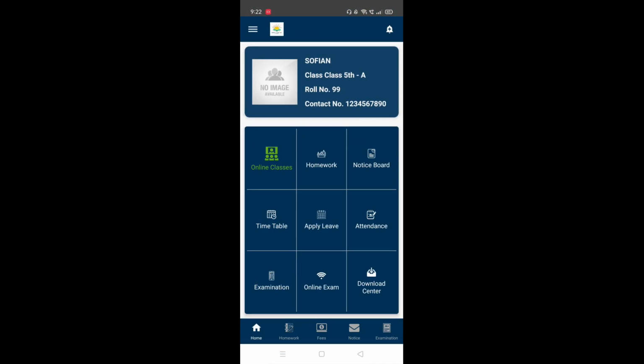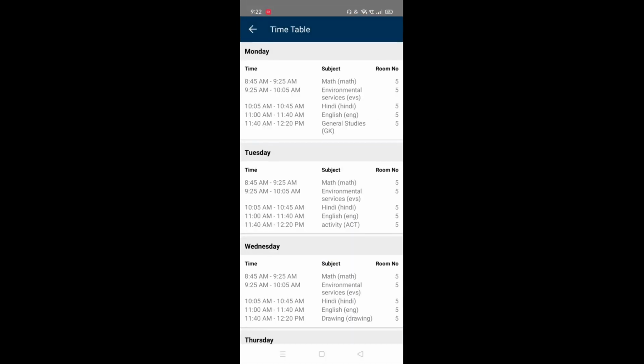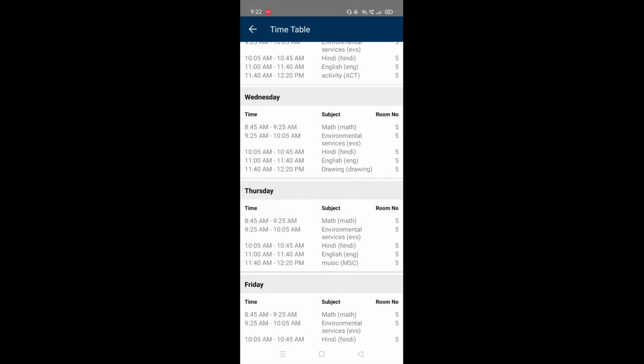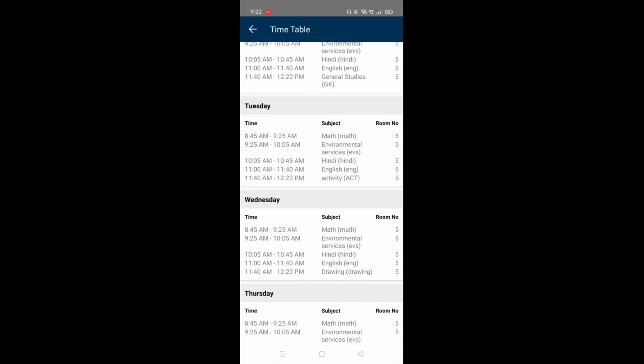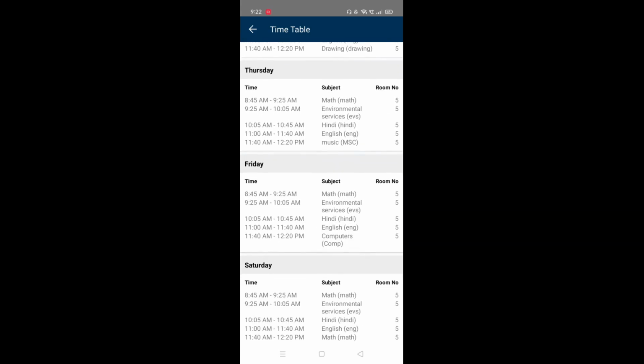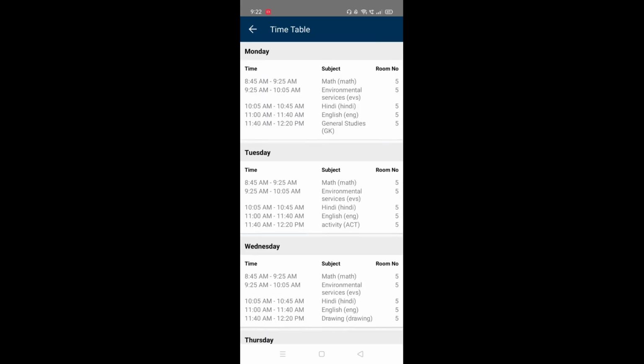Now when we are talking about these online classes, we have a special tab. This is our first tab, in the green color, which says online classes. So for online class you have to check your timetable first. So on the second tab you will have your timetable, wherein all the subjects and the timings are mentioned over here, and you can just have a look at it. These will be available class wise, so in whatever class you are studying you will get that particular timetable for that particular class.